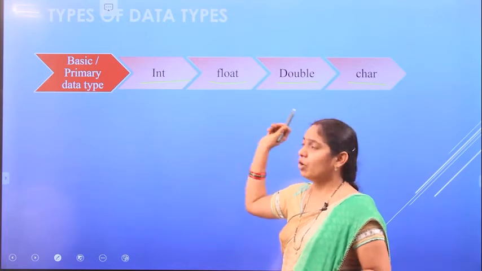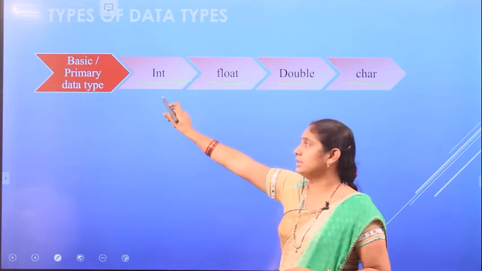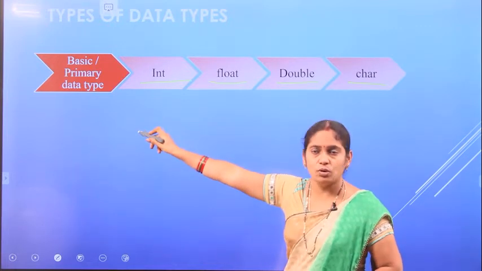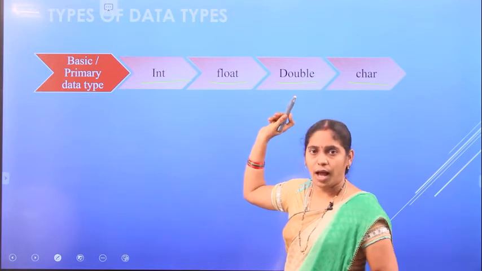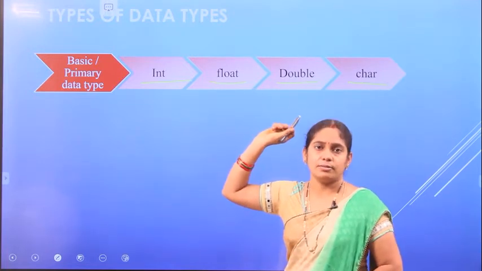So these are the four types of primary data types. Int for integer value, float and double are for the decimal point, char is for the characters.